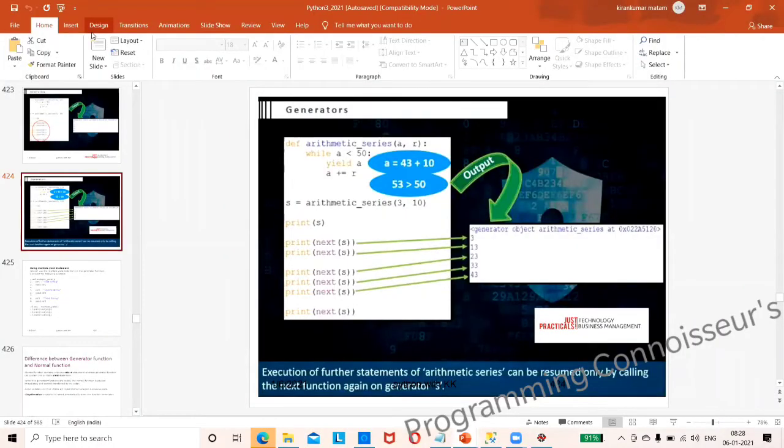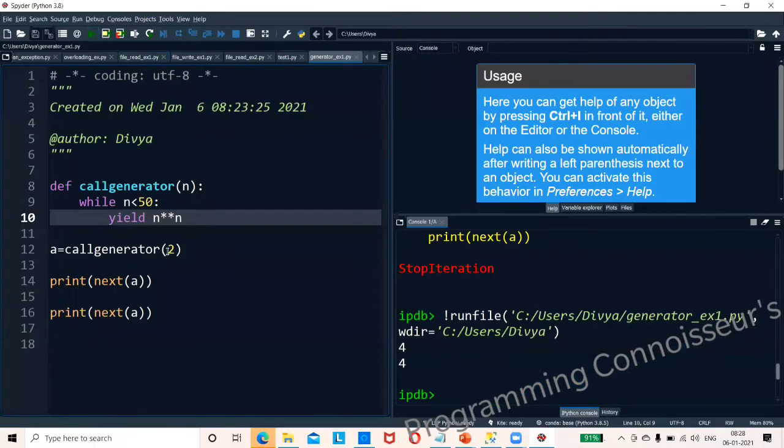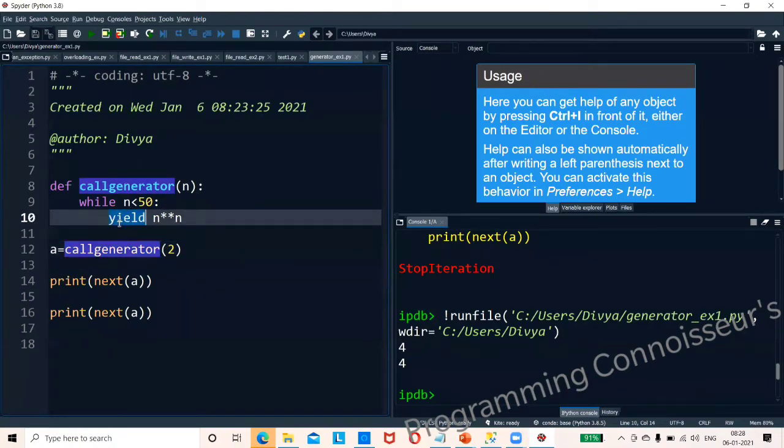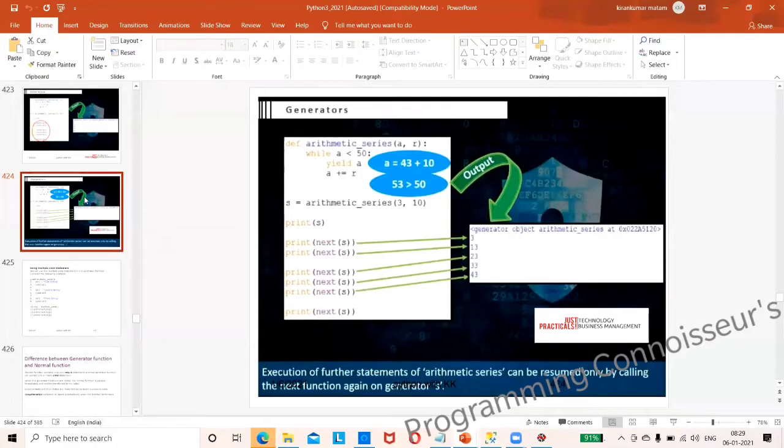So what happened now? We are passing the value from here. Now the generator will check the value every time you send. It is trying to call the generator here with the passed value, same as a function only. Rather than return, you are doing a yield. You are seeing a new functionality. What is the yield doing? I'll come to here.